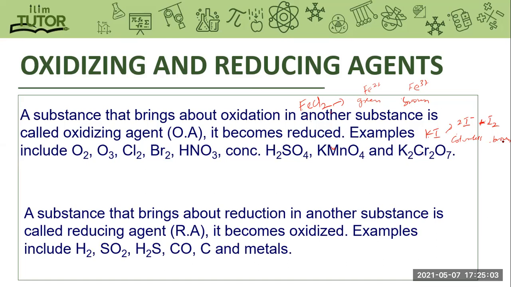Both the oxidizing and reducing agent must interact together simultaneously. All right. Examples include hydrogen, sulfur dioxide, hydrogen sulfide, carbon monoxide, carbon, and metals. These are reducing agents. And how do we test for them? We could test for this basically by using